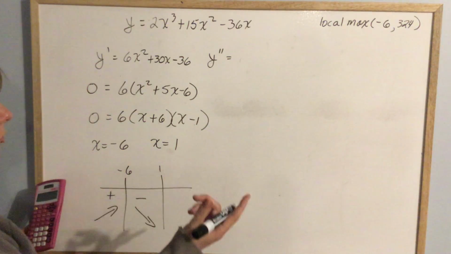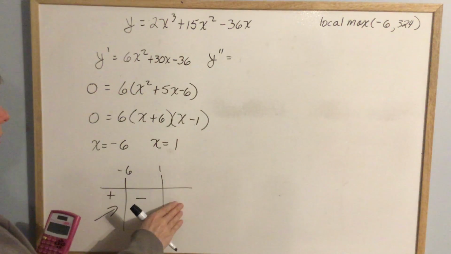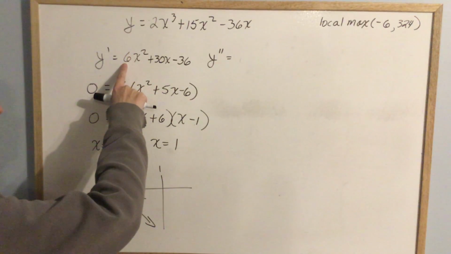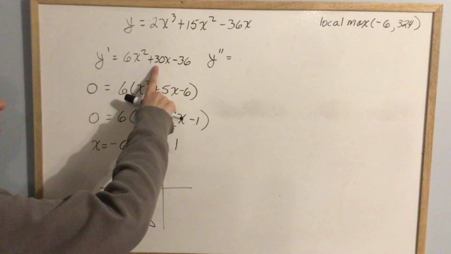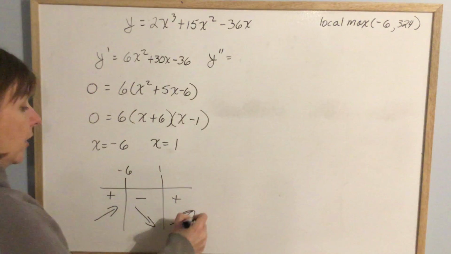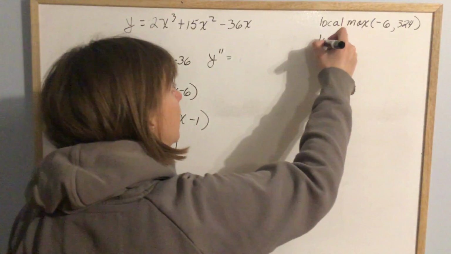So 2, 10, I don't care. I'm going to do 10 just because I can do 10s really quickly in my head. 10 squared would be 100 times 6 would be 600. And then that would be plus 300. So now I'm up to like 900 minus 36. Definitely a positive. So there's a minimum there, right? Because it's down here. So I have a local minimum